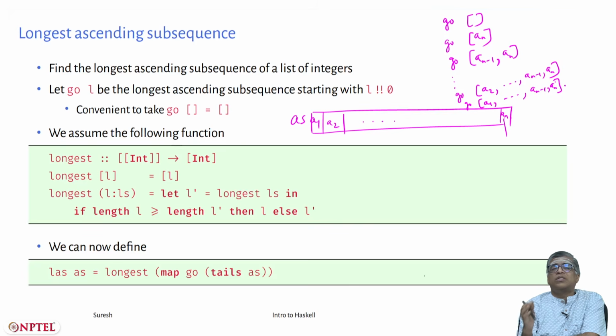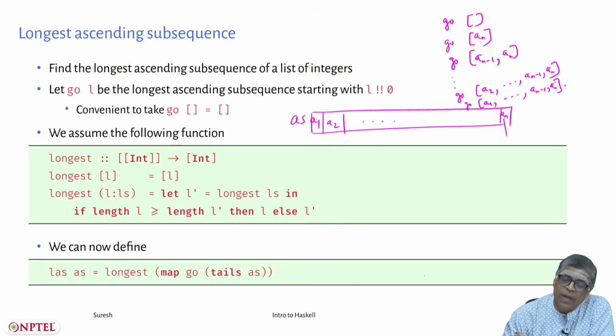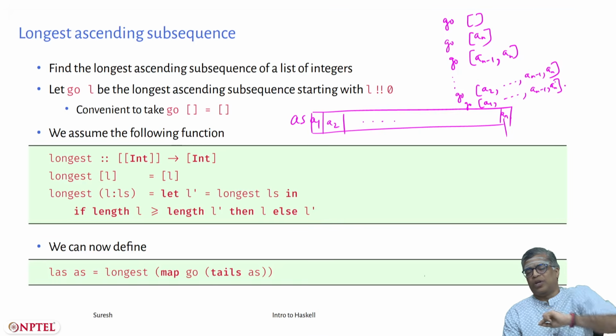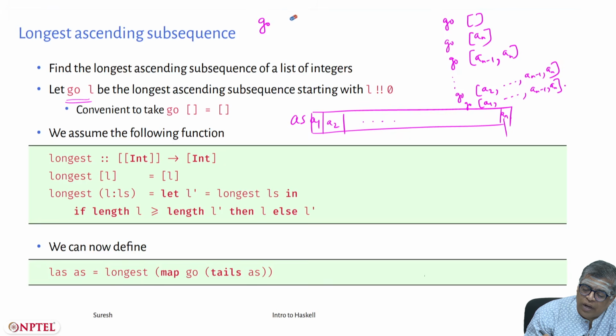what is the point? The point is that the longest ascending subsequence in your list has to start with some element, okay, and it will either start with element 0 or element 1 or element 2 or element 3 or whatever. So, remember that go of L is the longest ascending subsequence, that should definitely include, yes, go of A is, go of any U